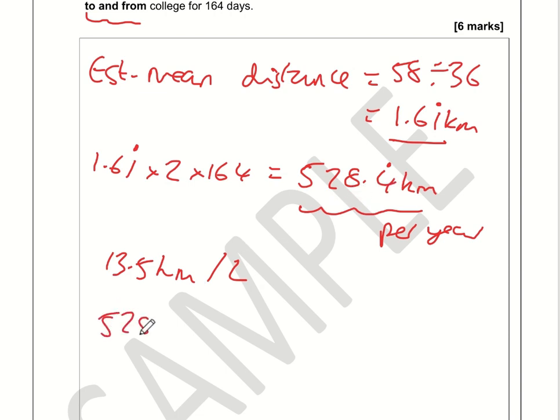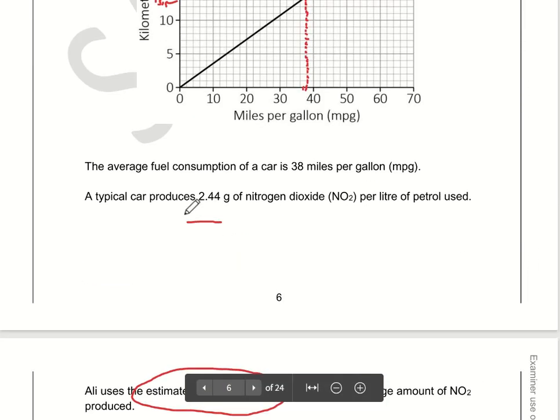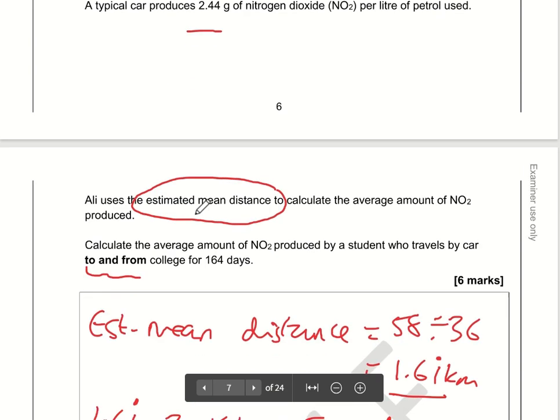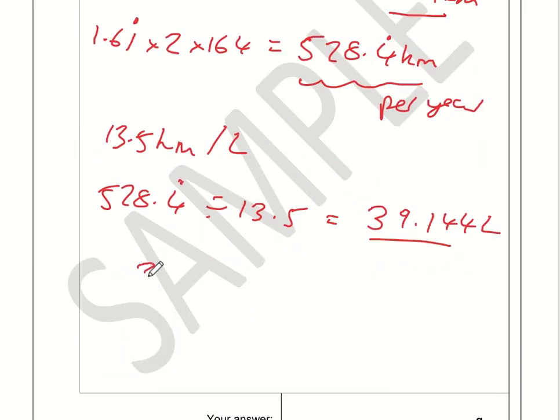Well, that is going to be 528.4 recurring divided by 13.5, and that comes to 39.144-ish litres. So we now need to multiply the 39.144 by the 2.44, and we get an approximate total of